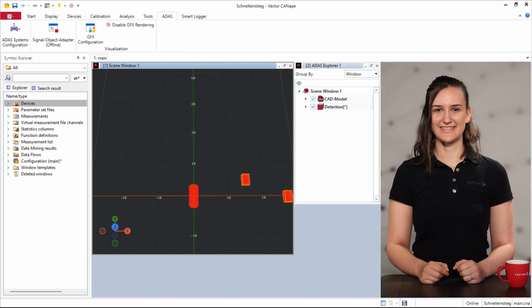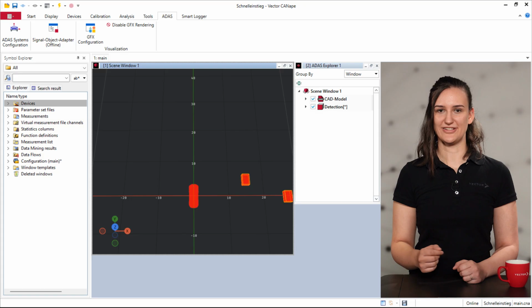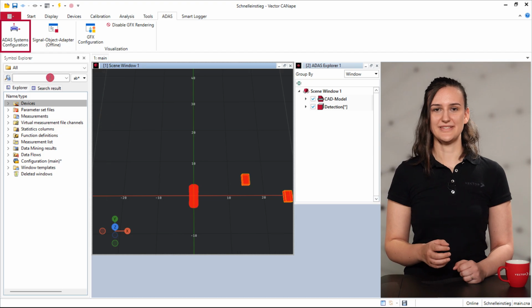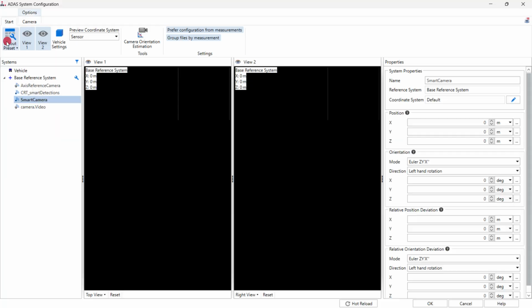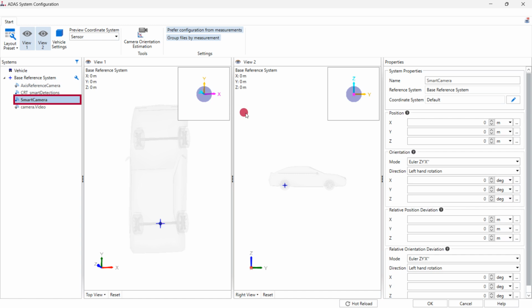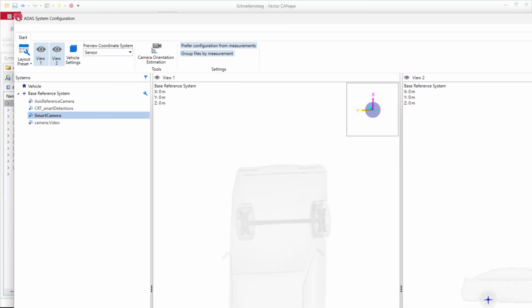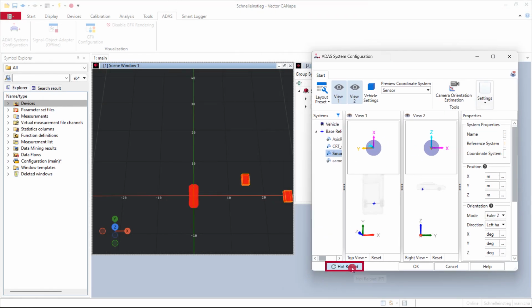As you can see, the sensor's coordinate system needs to be adjusted so that the detections are in the correct position relative to the CAD model. This can be set up in the ADAS system configuration. In this case, I changed the smart camera's coordinate system from the default to ISO. You can check your settings using the Hot Reload button. When the settings are correct, click OK to save. If you would like to learn more about the ADAS system configuration, watch the video in the description for a